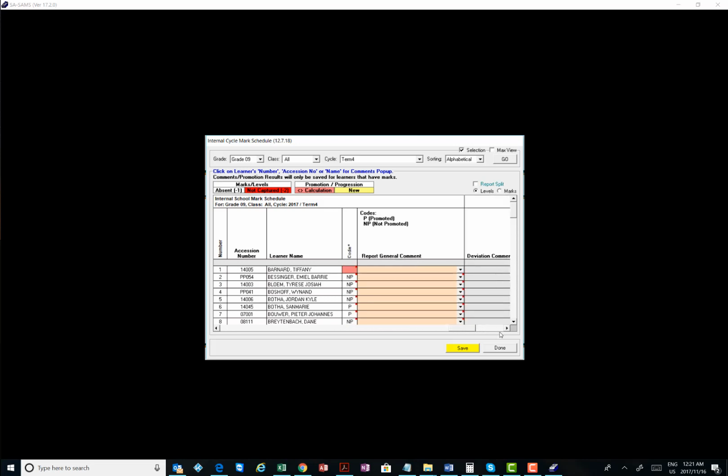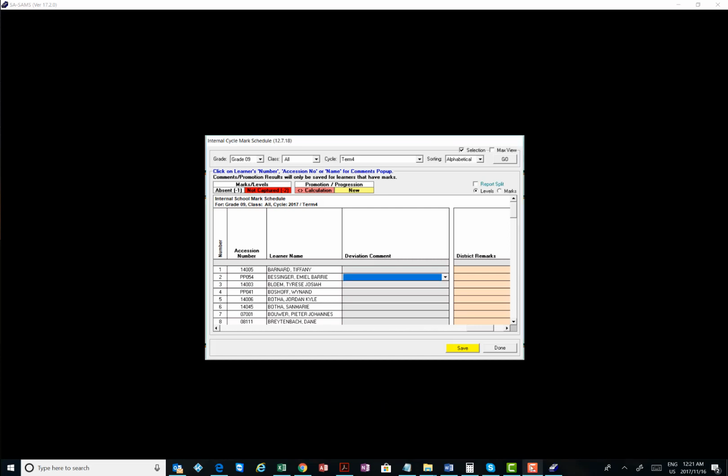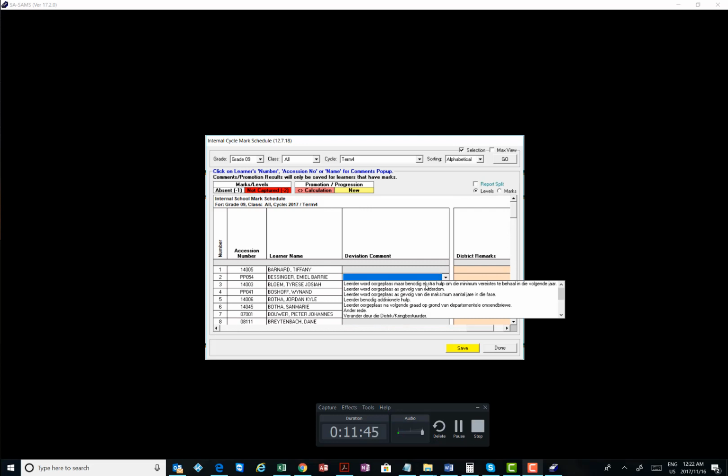Okay, and this would be... sorry, yeah. So I was doing it on a learner that had passed already. So this next learner had not passed. So I chose P, and then I chose the deviation comment, and it's the data file that I exported for this is Afrikaans. So, and then you would tell it